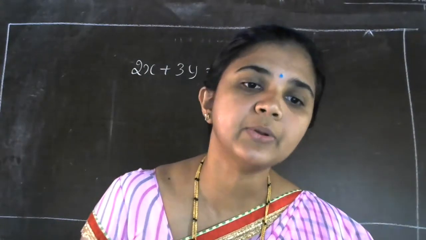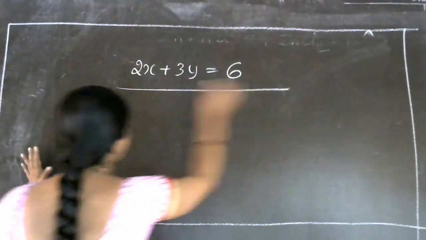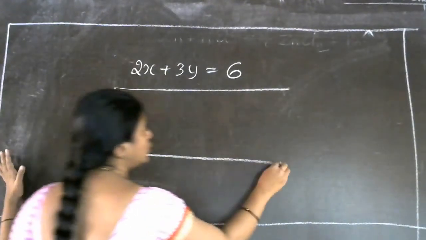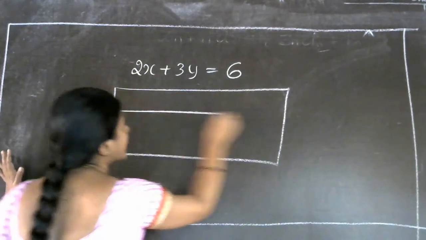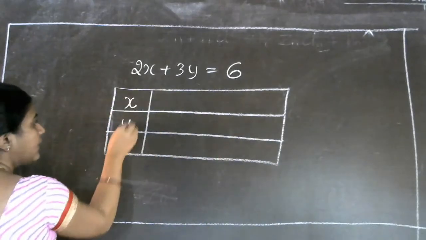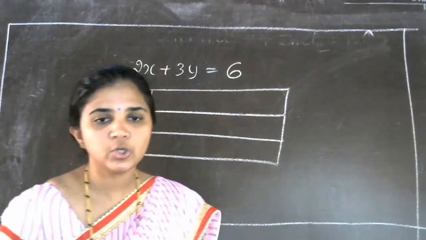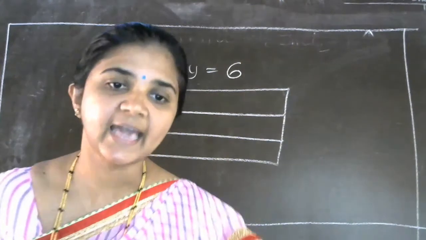This is one linear equation in two variables. Now we have to represent this on the graph paper. What do we have to find actually? We have to find the solution. That means points we have to work out. Okay. So how can we find them? So we have to put one box here, x, y together in the solution form. We'll write it as x comma y.